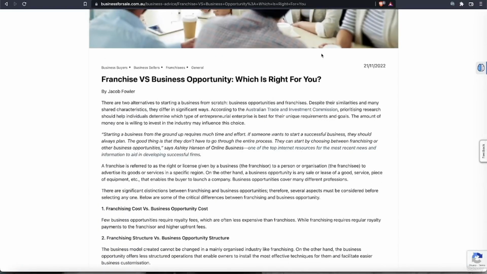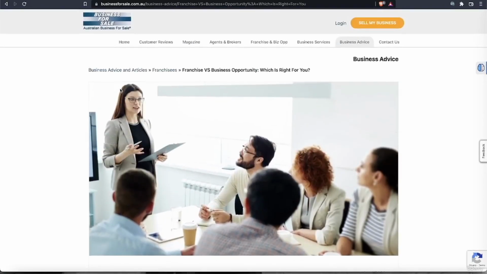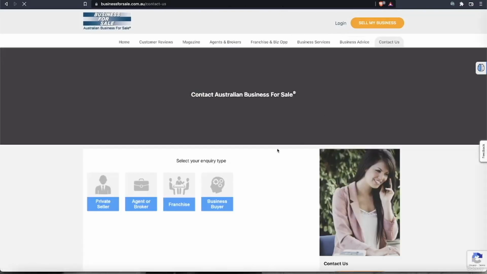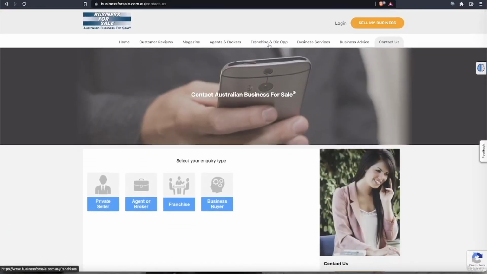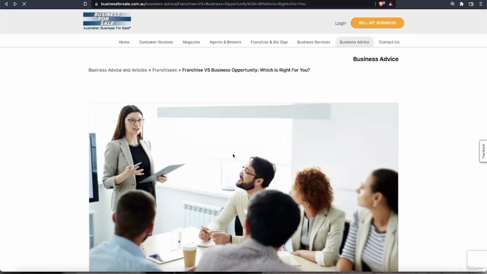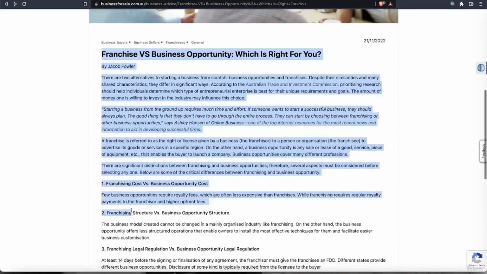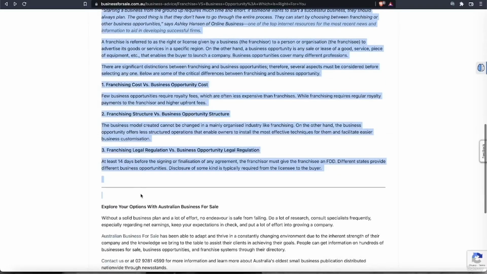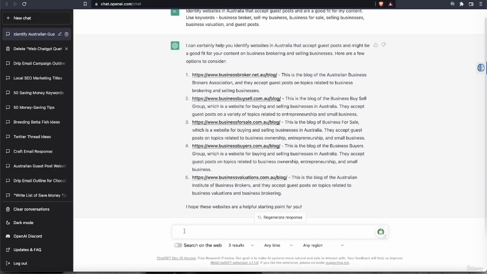So what we can do with this, we don't have to do guest posts, but we've got a contact here. We can easily get in contact with them, but we don't want to do that at the moment. So we're just going to go back to that page. We're going to see what they're writing about. We're going to come back to ChatGPT and we're going to say